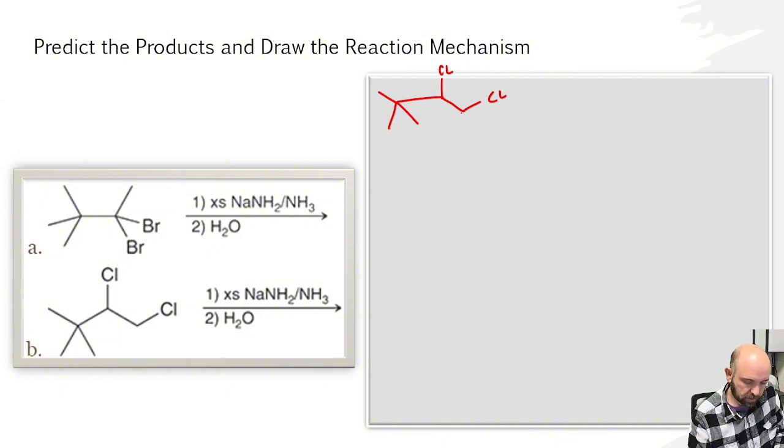And I will draw the implied hydrogens as well, because those are what are going to be lost when we form our triple bond. So again, we react with the amide molecule, and this time I'm just going to